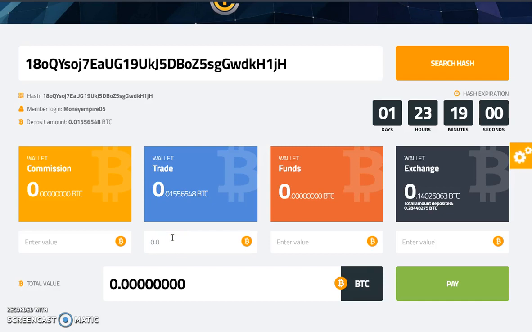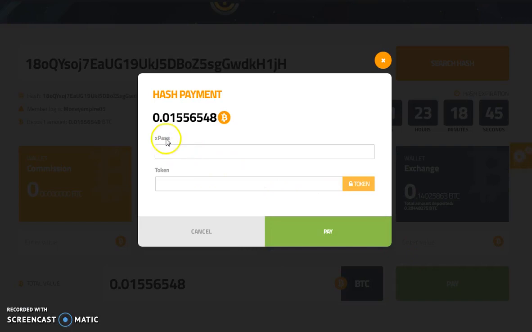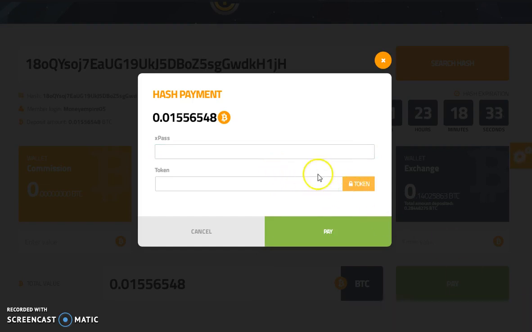So 0.01. So I started with a 0, remember. Then 0.01556548. And that is the same number that's on my calculator or on the piece of paper. You then hit pay. Now, as long as you've created your secondary password, which is right here, the XPass, and it's in your profile, and there is a video that shows how to do that, you would put in the password here. But what I always do first is I always click on the word token,